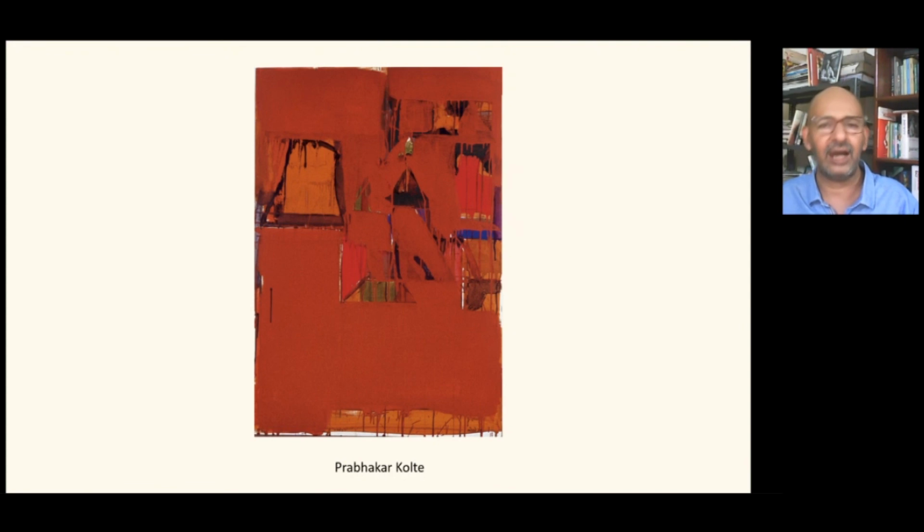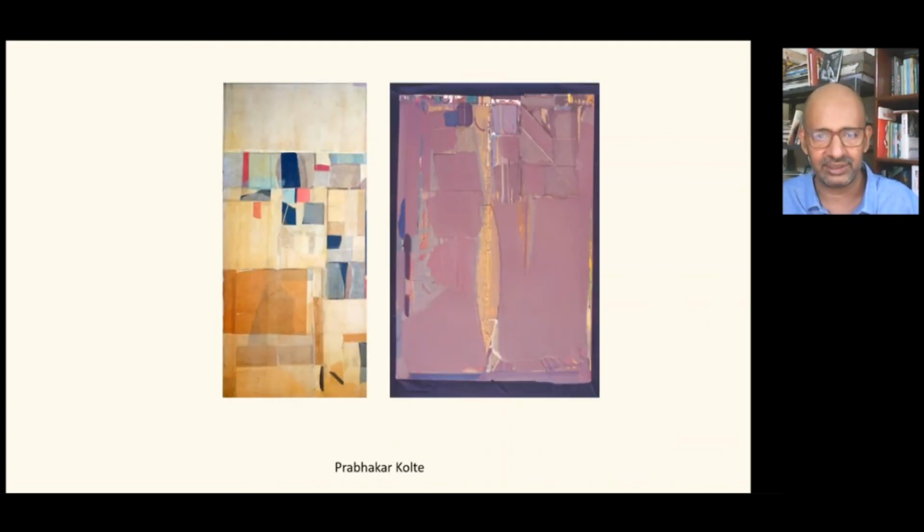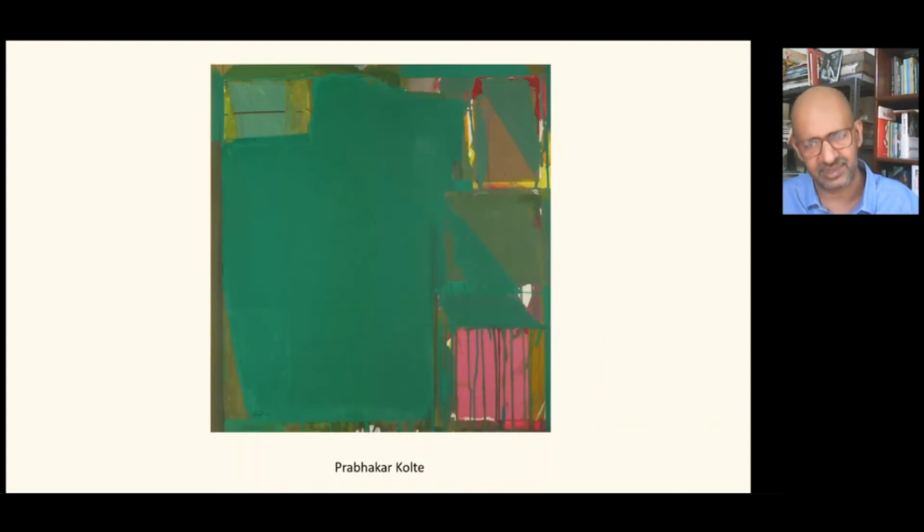One more. Prabhakar Kolte, the junior most among the artists we are looking at today. Right at the outset, Kolte started exploring the possibilities of abstraction not just as a form but as a language. Abstraction for Kolte is also a means to communicate. Though his works, like those of any other abstract painters, would not contain or imply any real life references as such, through deeply engaging colors and patterns, often, as you can see in this painting on the right hand below, dripping paints,